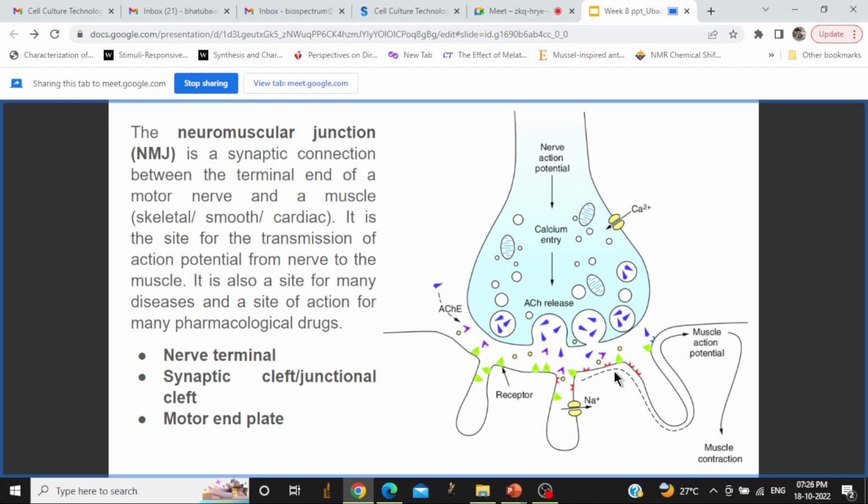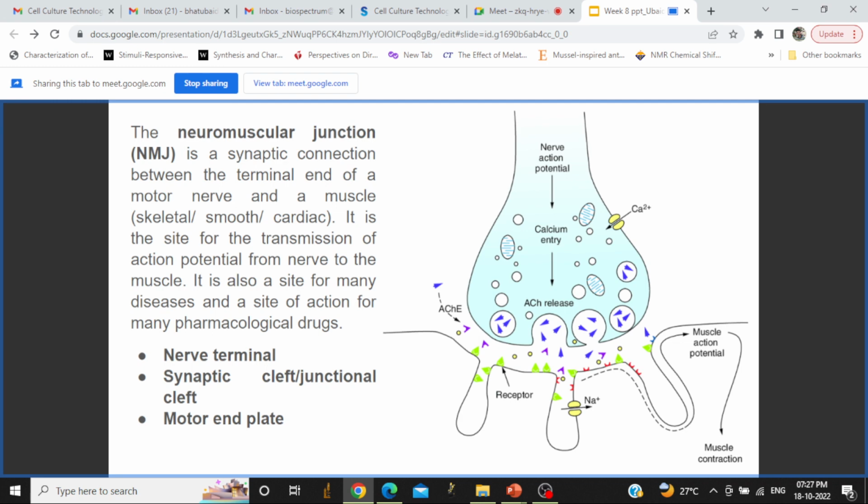So it is the site for the transmission of action potential from the nerve to the muscle, and it is also the site for many diseases and the site of action for many pharmacological drugs. Why is it the site for many diseases? In many diseases, the neuromuscular junction and its synapse are affected, so the transmission of the motor signal from the neurons to the muscle does not occur, which leads to disease. There are also some drugs which act on this neuromuscular junction